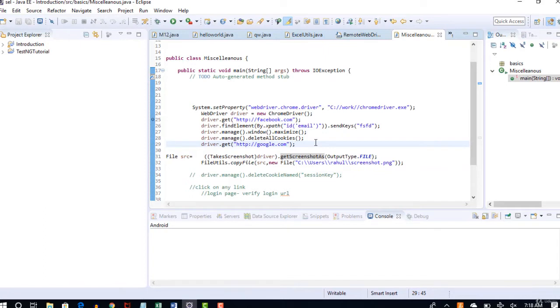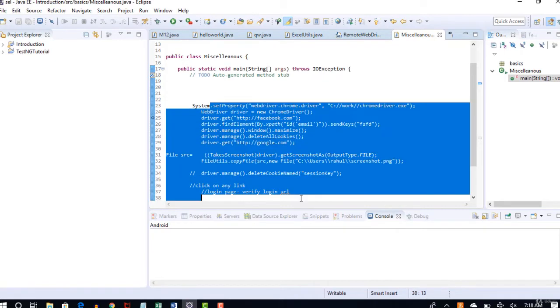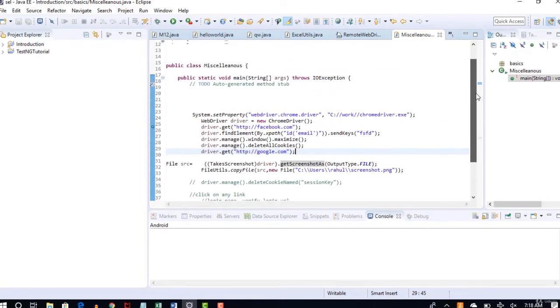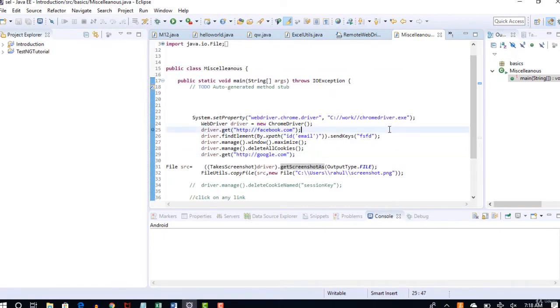I just want to show that there is a simple shortcut in Eclipse to auto format your code. In real time also, when people are working, they first focus on the code and the logic to make it work. They really don't care about how they write, but at the end, once everything is done, if you want to format the code properly from Eclipse, you have to use this key: Control Shift F. You have to hold Control and Shift buttons and click on F.